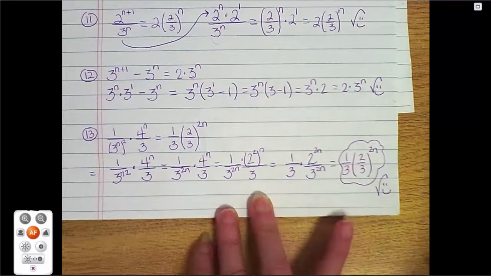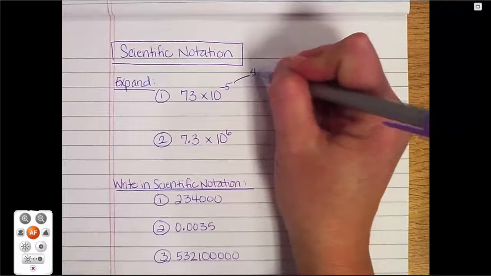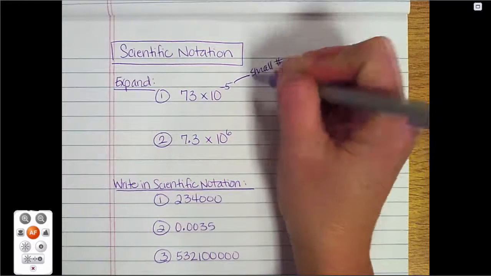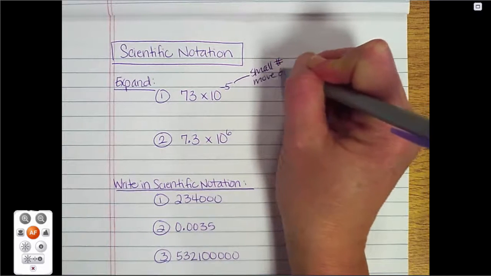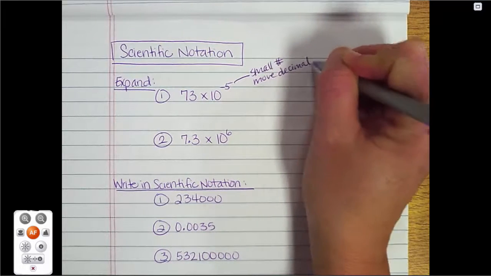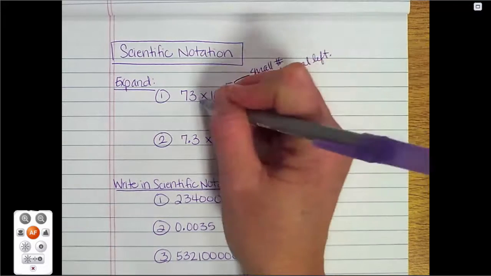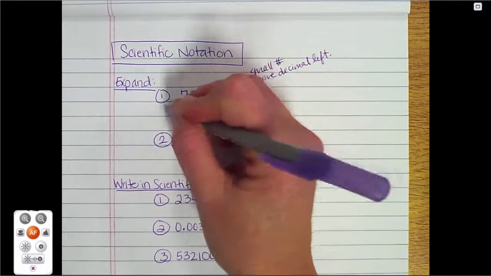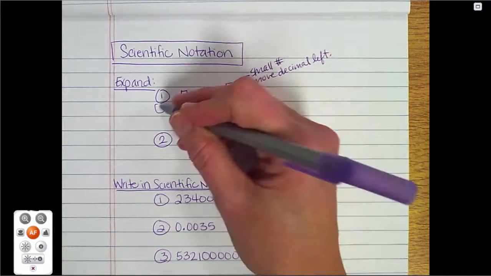Okay, so the last thing we need to review is scientific notation. Remember, when you have a negative exponent on base 10, that means it's a small number and you move your decimal left that many places. And you fill in all your gaps with zeros. So 73 times 10 to the negative fifth is equal to